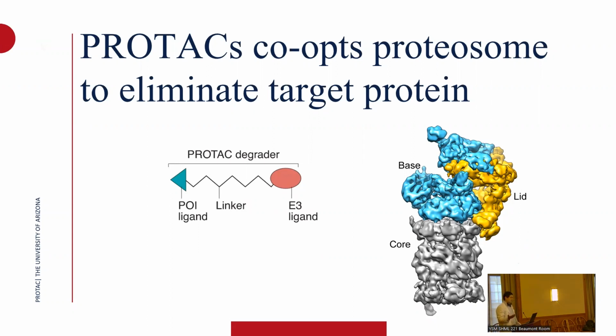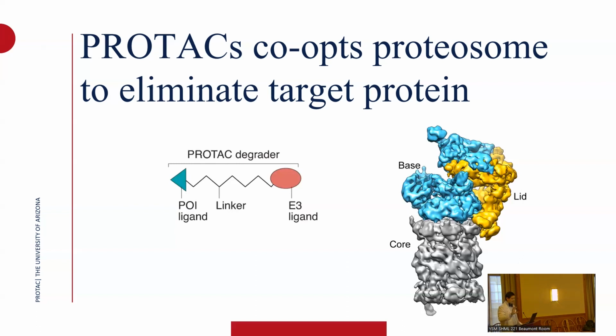Things could happen to these proteins that cause them to lose their native function. And so one way that cells have developed to recycle the inactive or trash proteins back to their amino acid stock is through proteasomal degradation. And so a PROTAC